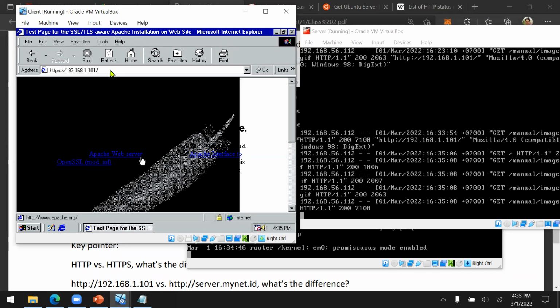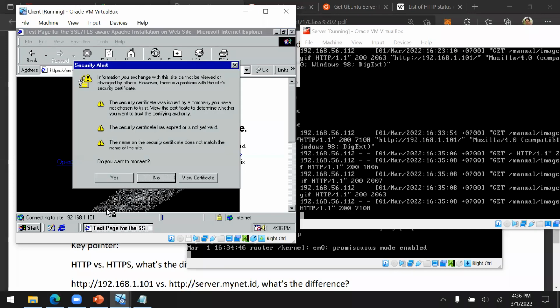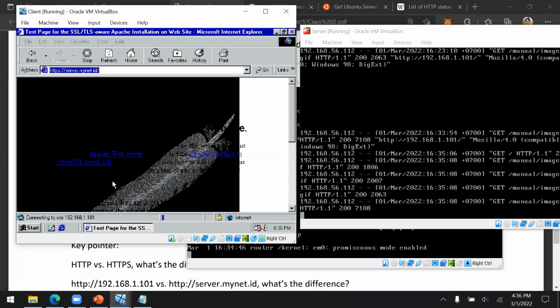Now, the second test is by using a name. Instead of using an IP address, we can use server.mynet.id. Enter. Do you want to proceed? Yes.